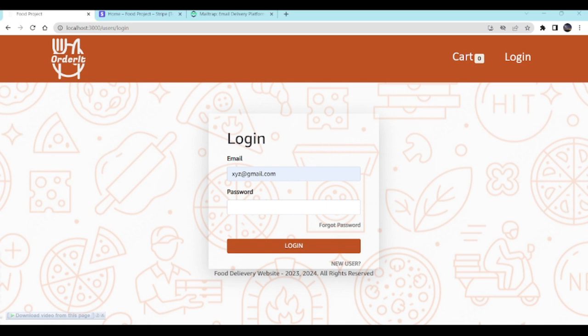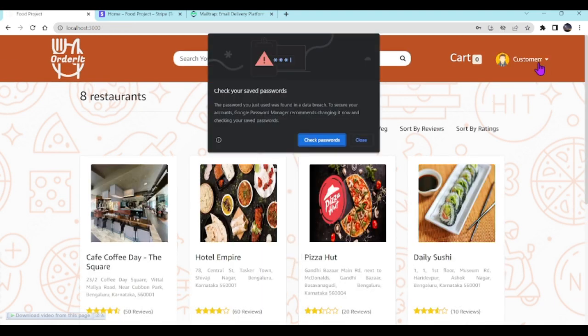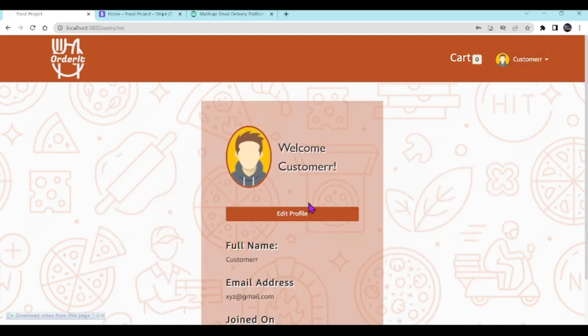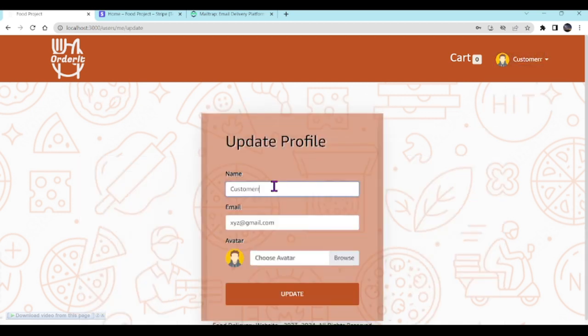So this is the UI, and we will log in. As you can see, we have logged in. Now we can edit the profile, edit the